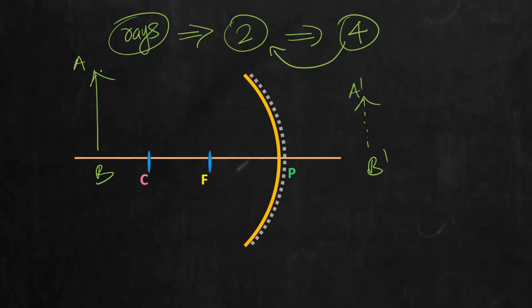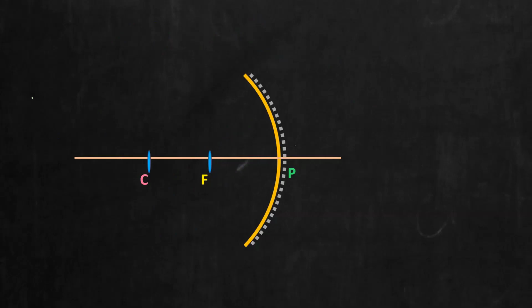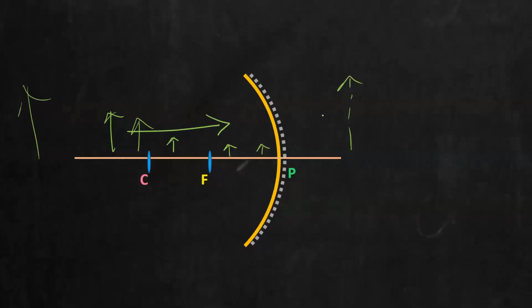Now, once you draw any 2 rays, what will happen? They will reflect. And after reflection, these 2 rays will meet at a point. And if 2 rays meet at a point, you will get what? The image. This is the general principle. Now, one more thing. When you draw, normally at infinity, the object will be large. Beyond C also, you can draw a comparatively large object. But as the object is getting closer and closer to the mirror, you should reduce the size of the object. Why? Because then only you will get the corresponding image in the same page. So in essence, when you draw, you have to keep in mind, as you get closer to the mirror, reduce the size of your object.